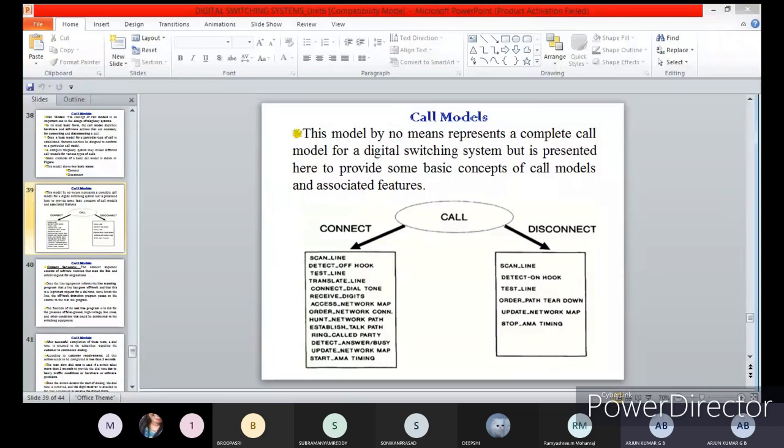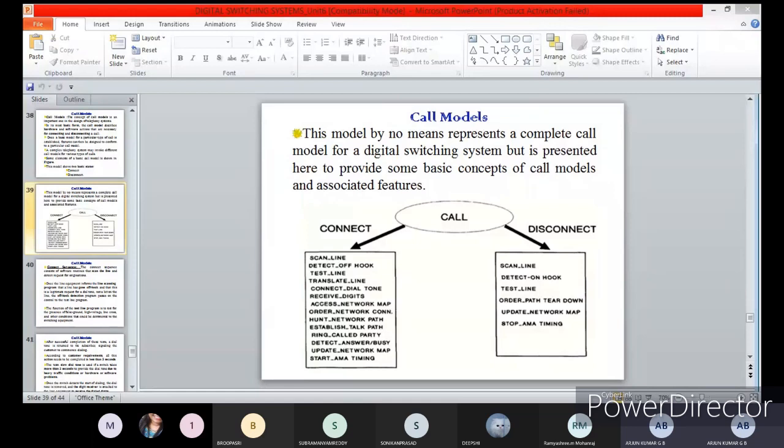Okay, how to do the testing? For connecting, we are using a set of software to accept the particular request. Initially, the line will be scanned with the suitable software and it will detect the hook, and then it will go for requesting the dial tone. Once the hook detection program is done, it passes the control of the line to the test line program. This performs the test for the presence of false ground, high voltage, line cross and other conditions.